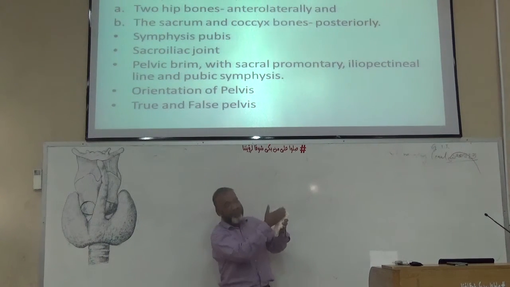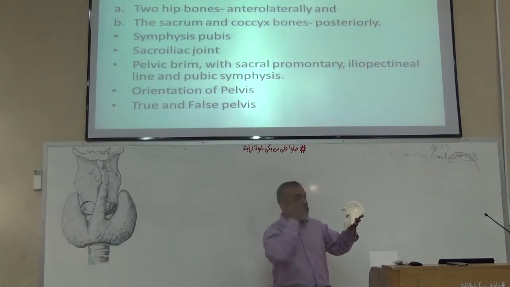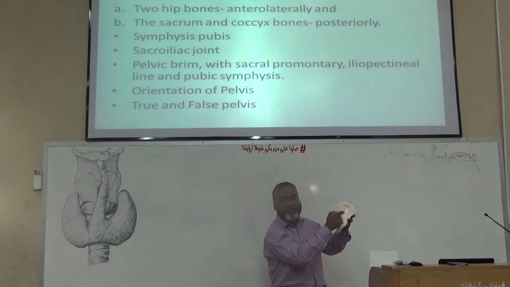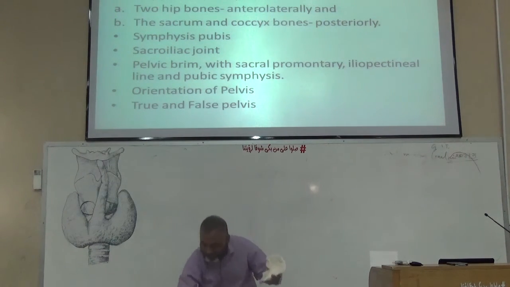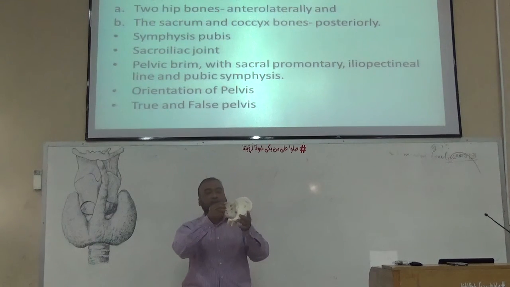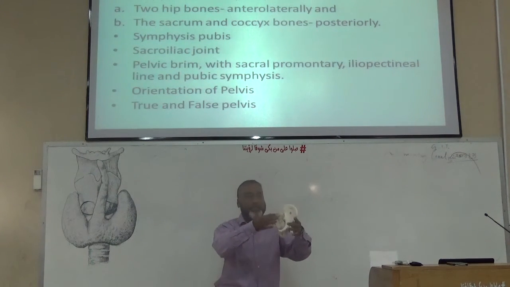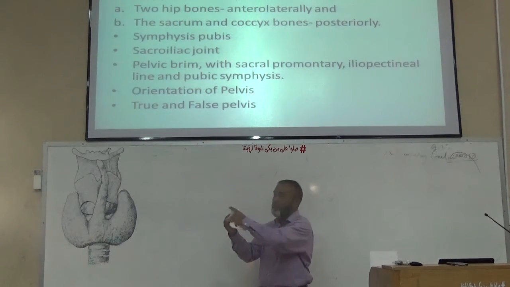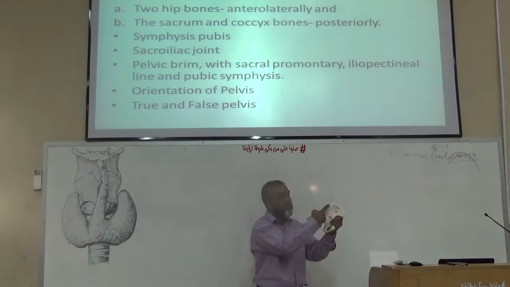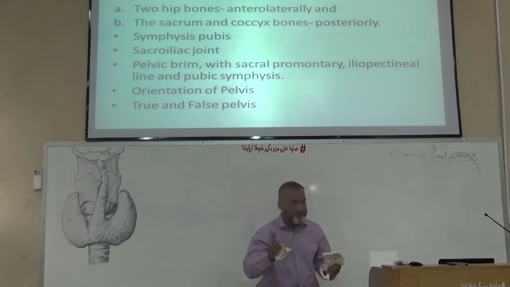Now on the posterior part of the medial surface, there is an auricle shaped area. This is the auricular surface of the iliac bone. It articulates with the sacrum and forms the sacroiliac joint. Clear? Sacroiliac joint. The same is over here, the auricular surface for the articulation of the sacrum to form the sacroiliac joint.